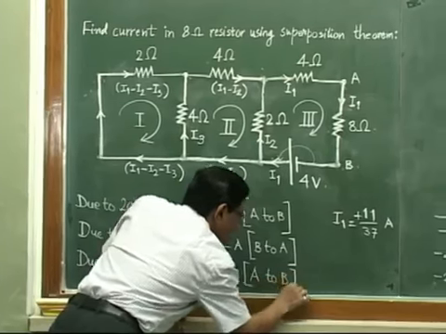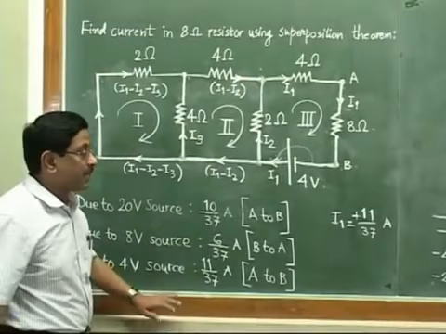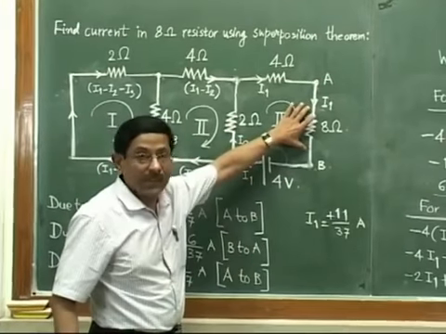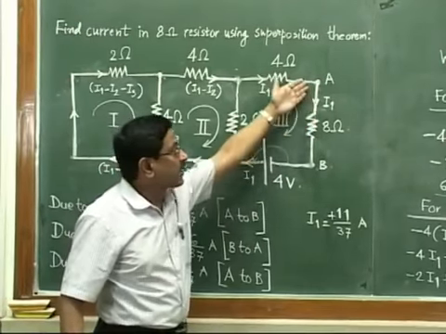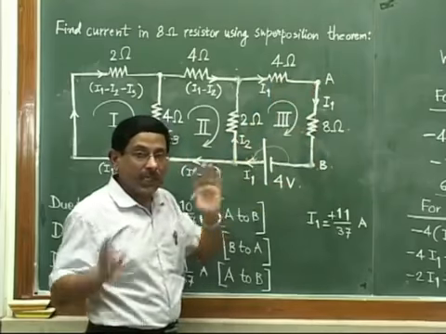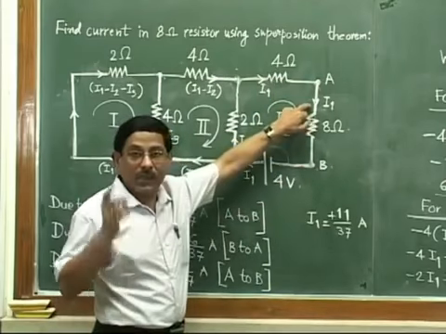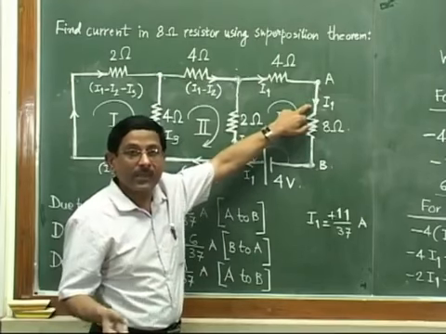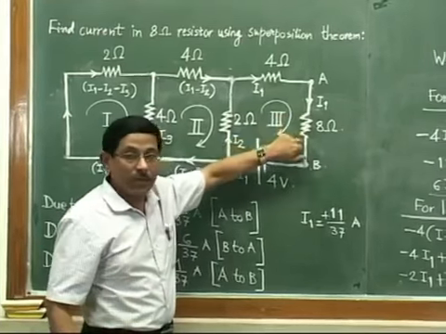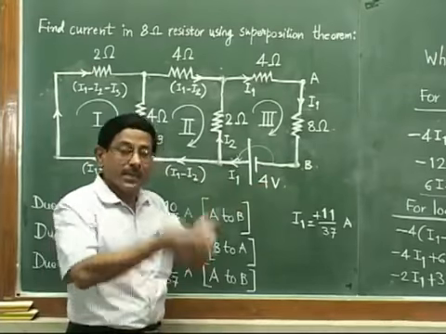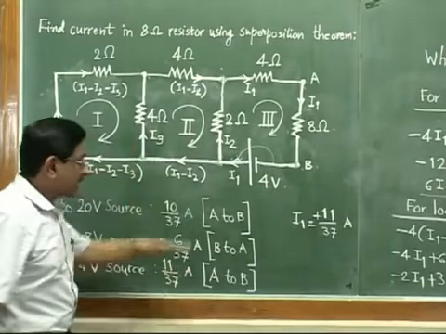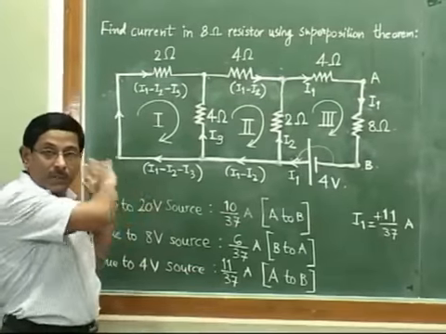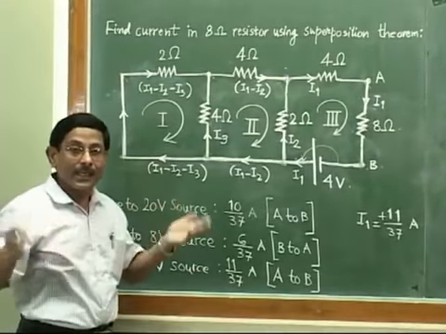So it is very simple to determine the direction. You have distributed the current in each case in this 8 ohm resistor. Maybe your distribution sometimes is A to B, B to A. If you get a plus answer, that means whatever distribution you have shown, that direction is correct. If you get a negative answer, that means whatever distribution you have shown, the actual current must be in the opposite direction. So this way you have to compile the results for all the voltage sources when they are acting independently